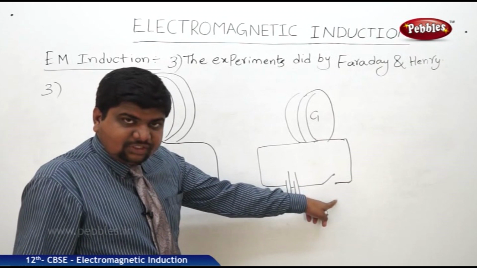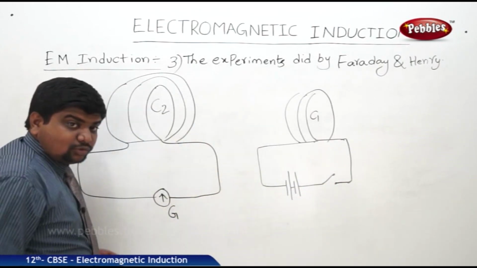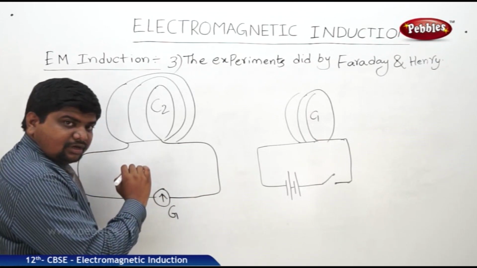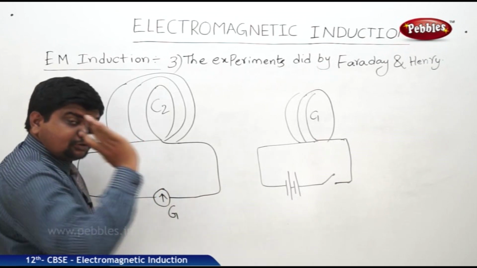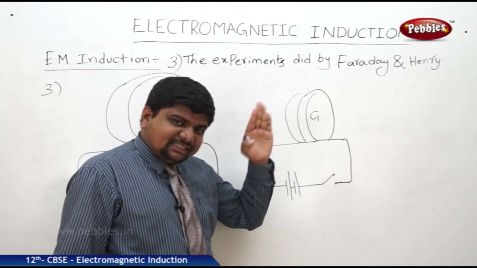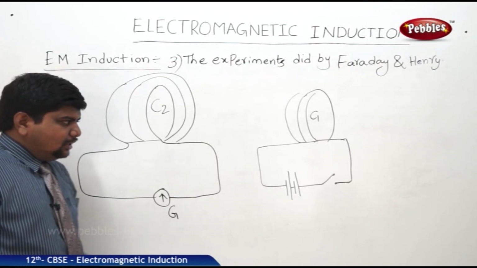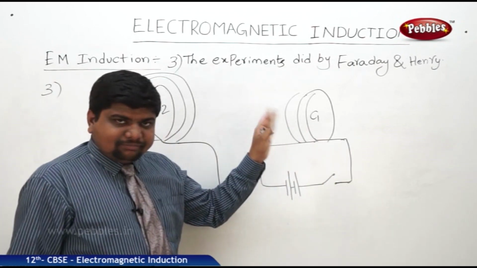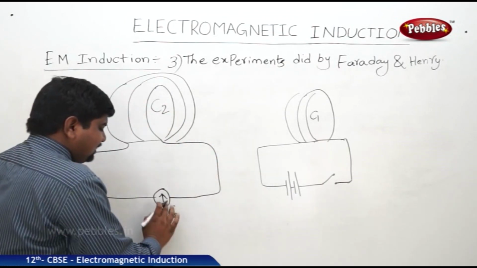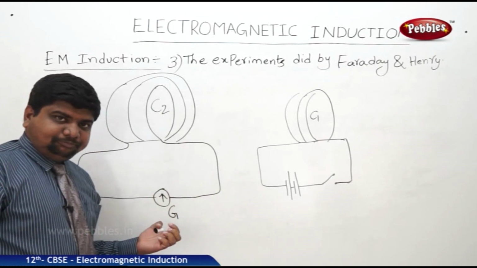Now, if you close the tap key, means after pressing the tap key, the scientists observed that there is a momentary deflection in the galvanometer, and the very next second it comes to 0 when you press the tap key. If you continue pressing the tap key, there will be no change in the deflection. Suppose you leave the tap key, then also, in the opposite direction of the previous, a momentary deflection occurs in the galvanometer and suddenly it comes to 0.